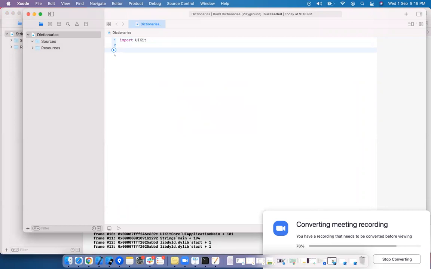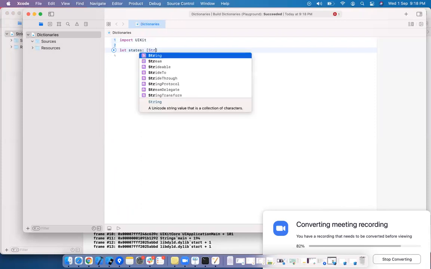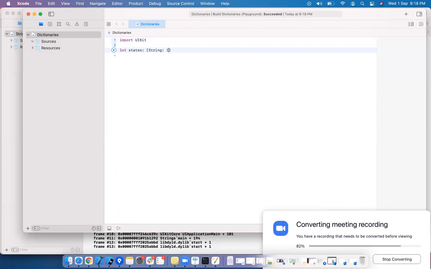I want to create a simple dictionary first, then I want to create a little more complex dictionary. States is my dictionary name. It contains key value pairs, right? You have to specify the key type and the value type as well. This is the key type, this is the value type.